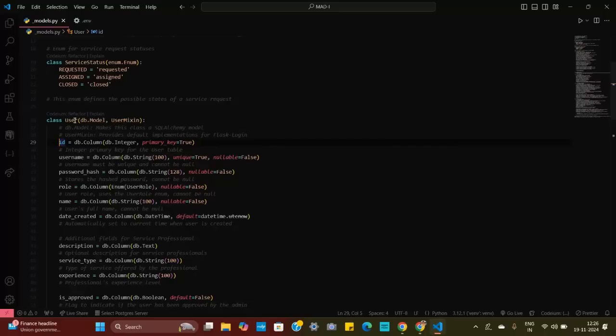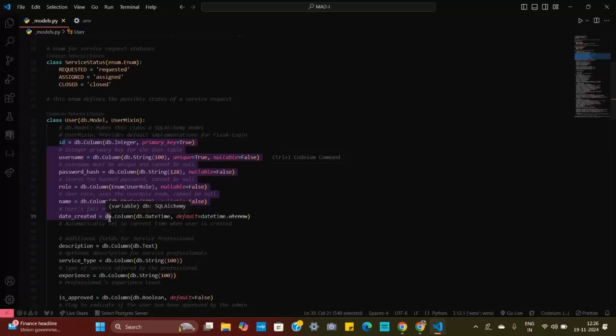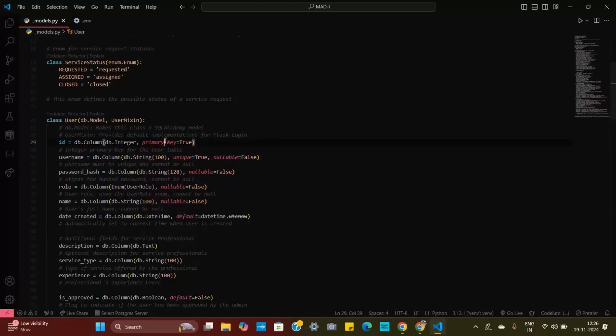Okay. In tables, I guess up till now you know that you have tables, and in tables you have attributes. Right, so this user table has these attributes. I hope that's clear. I hope you know what a primary key is, and a foreign key. So the first thing that I've written as an attribute is the ID. Now ID is going to be the primary key. I hope that is obvious,